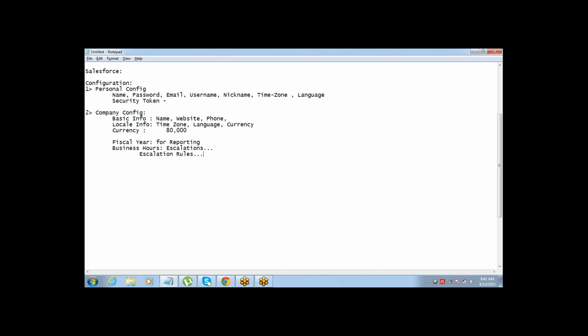So Salesforce allows us to do auto escalations. These auto escalations will be done depending on the business hours.